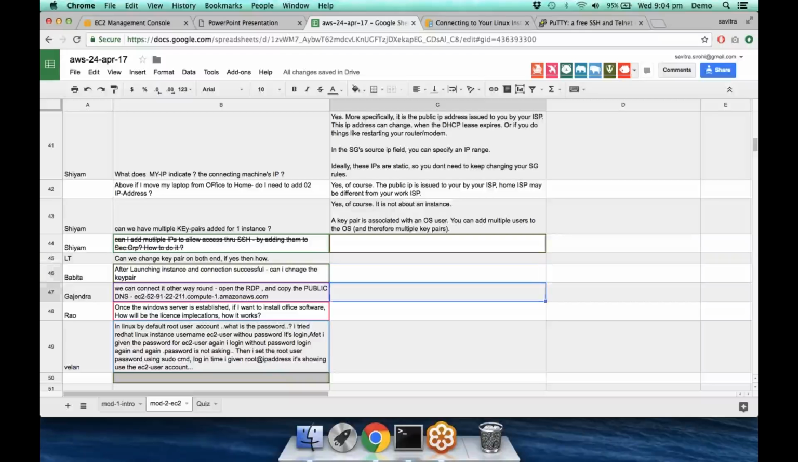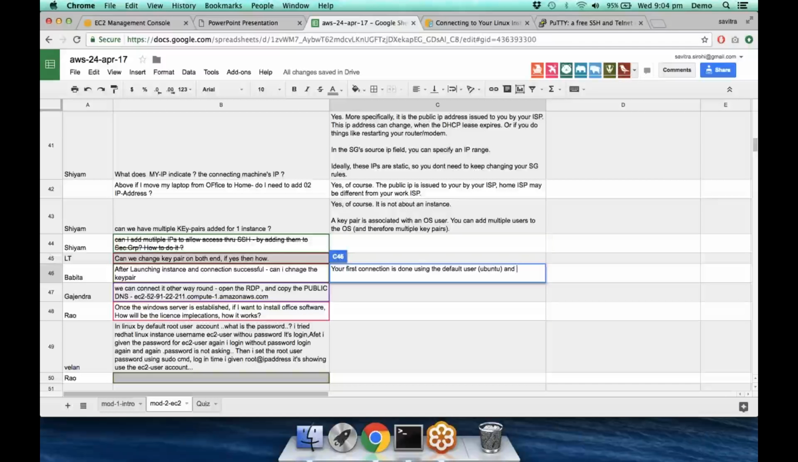Yeah, so like we said yesterday, we had a brief discussion on this. Normally, your initial connection, your first connection, is done using the default user, which is say Ubuntu, and this user's key pair. And then after this,